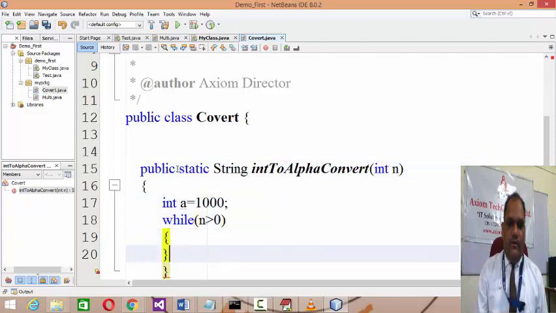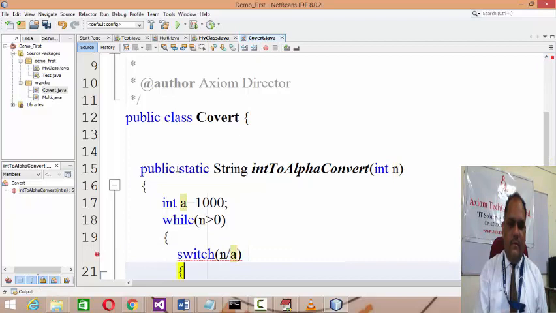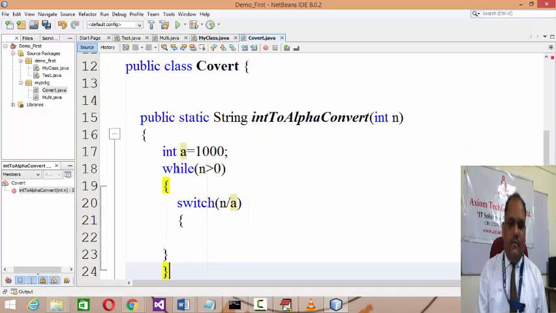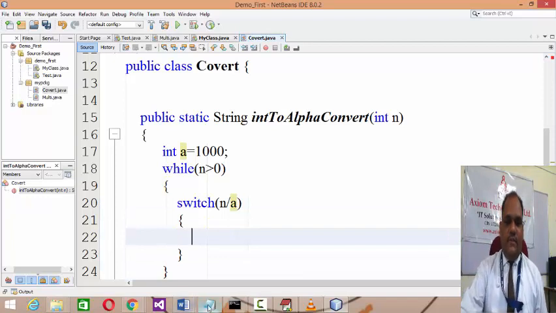So a is 1000, while n is more than 0, switch n by a. Now I'll explain the logic first.